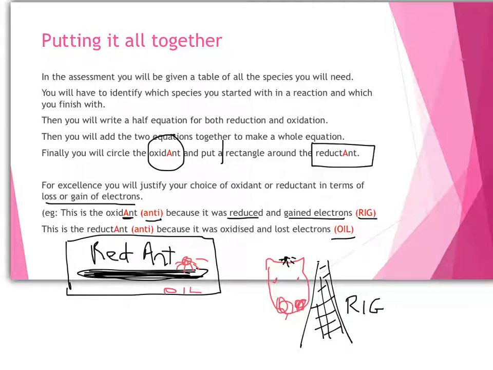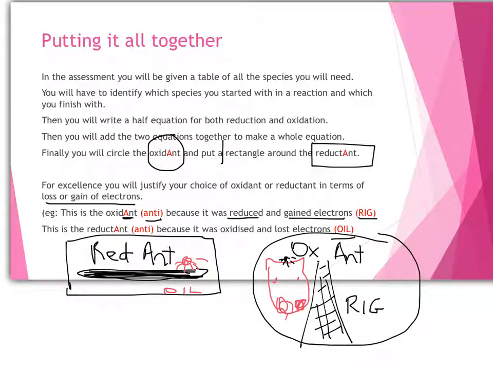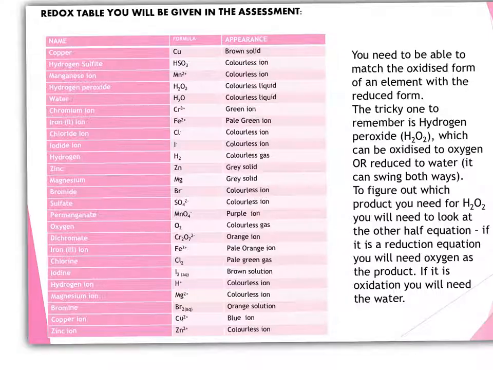So we're talking about ox ant. We're going to put a circle around it. It's the ox ant's on a rig because reduction is gain of electrons. So if you can just tie those terms together in your mind, that's going to help you get excellence in this assessment. So you will be provided with this table, as I said, and a story about what stuff